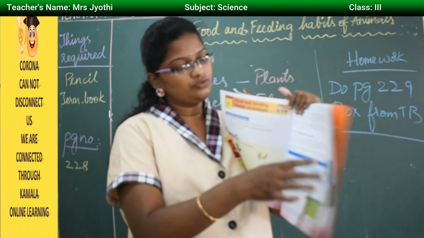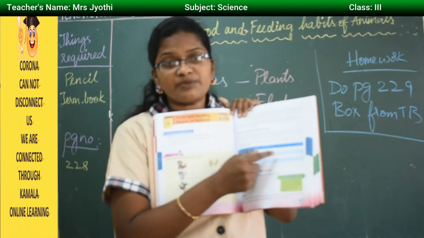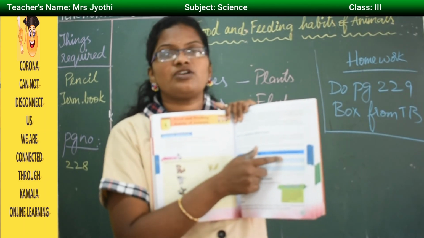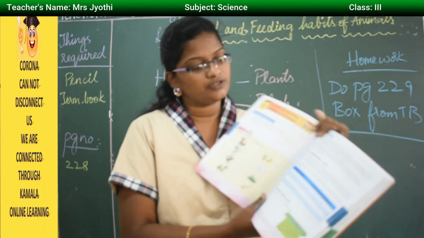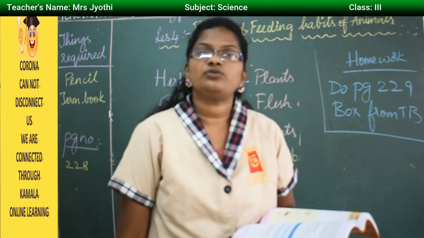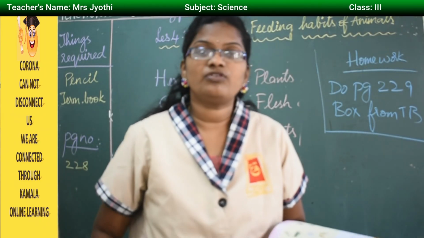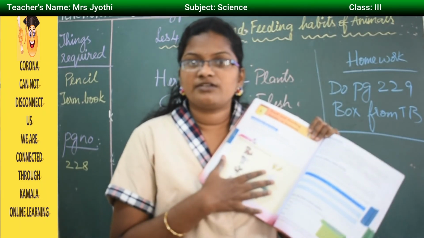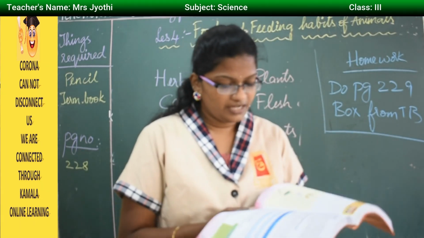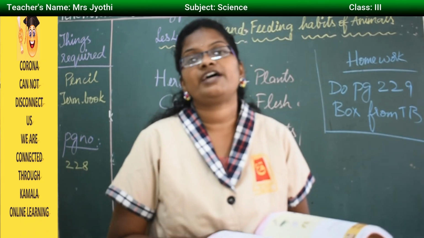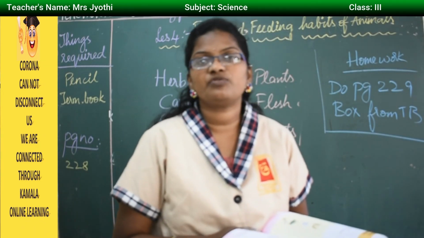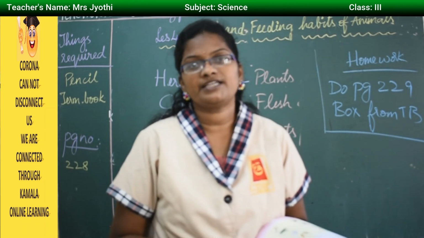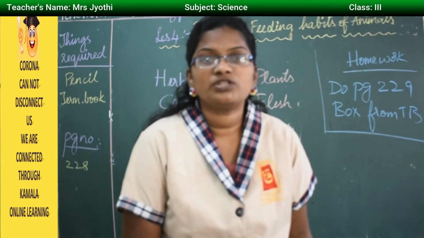As I already told you, here there is a box. In this you should write plant-based food, and in this you have to write the animal-based food. Already one I have written for you on the board, then the remaining four you have to write on your own. Yes, hope you all have written this warm-up box. And based on the eating habits of animals, there are three types: carnivores, herbivores and omnivores. About this we will learn in detail in the next session. Hope you all have understood. Do the homework. Thank you.